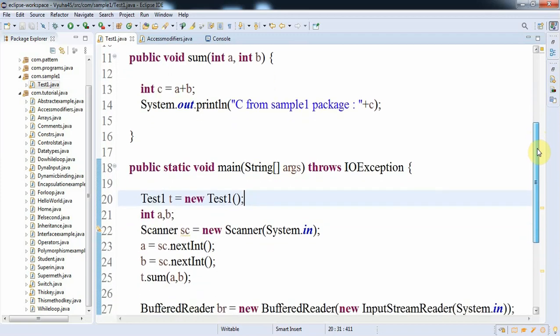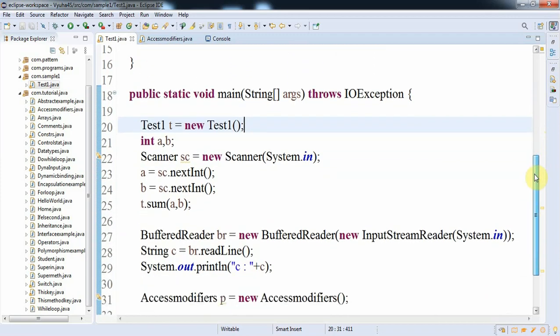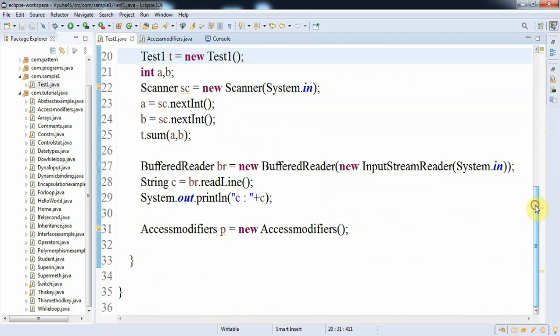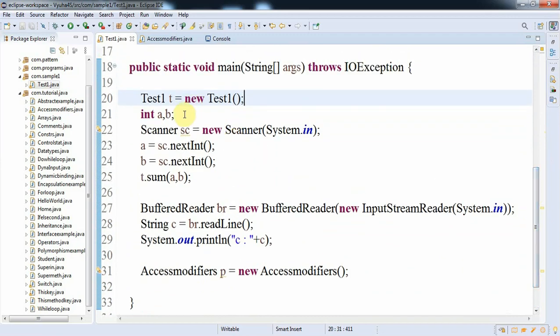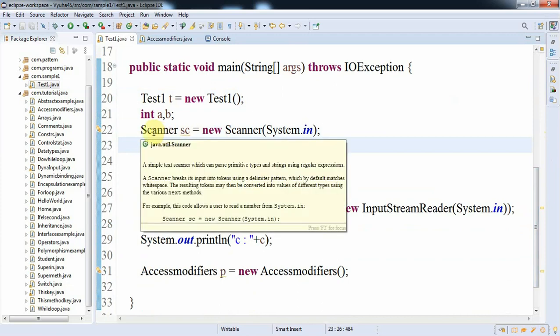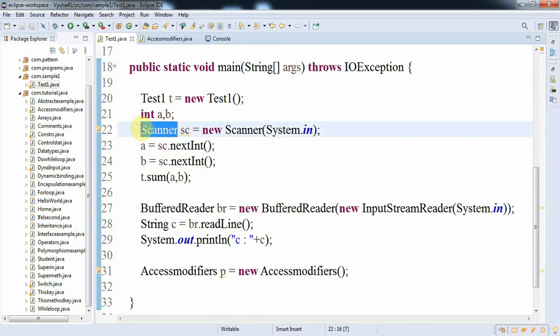So here we can give values to integer a comma b directly over here, but instead of that I have chosen to give them dynamically. So using scanner class, I wanted to give dynamic inputs to variables a and b. So scanner sc, this is the syntax for scanner class, which I already explained in the previous video, but once again I am referring to it in order to explain about the Java built-in packages.